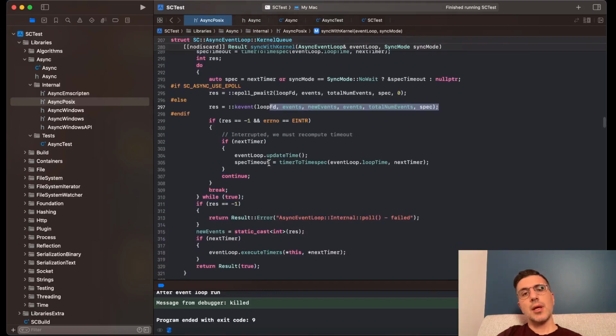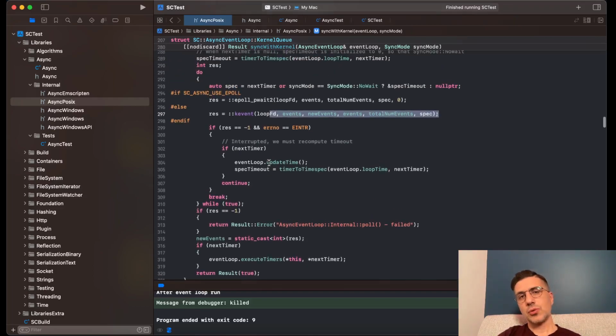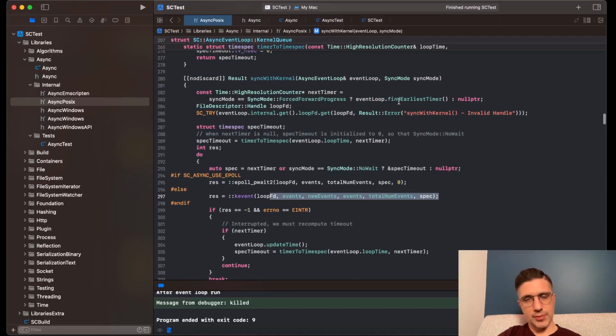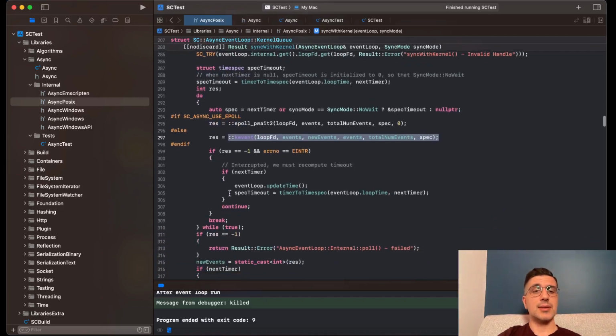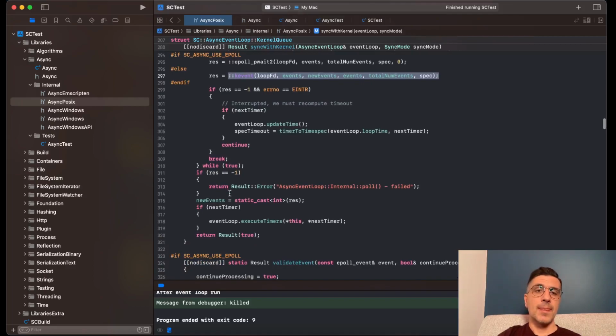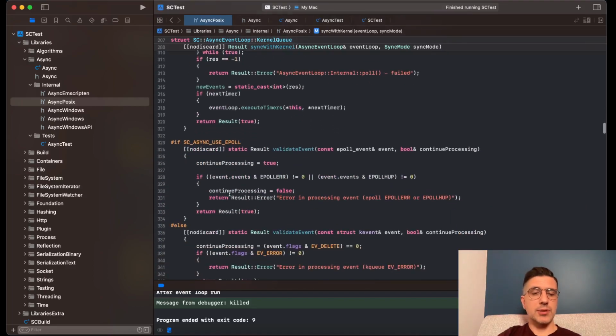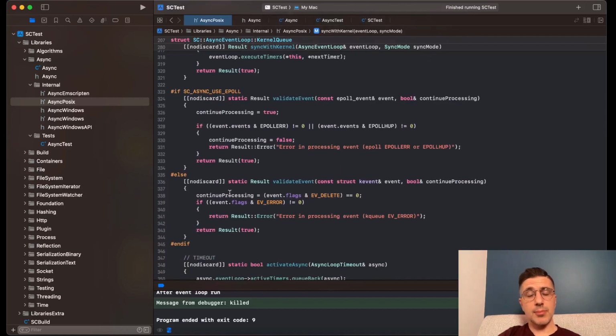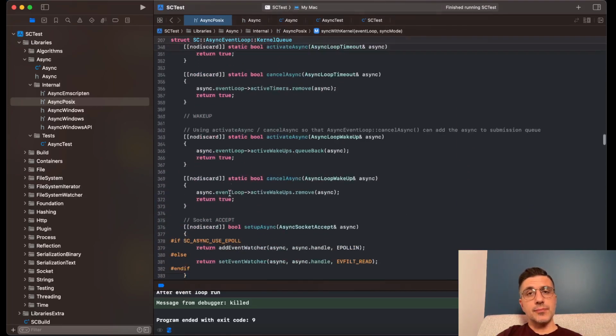I've seen it. There are timer specific objects, but when you start to have many timers, having all of them tracked as a kernel object is probably not going to be a good idea. So you always want to keep some sort of user space data structure, maybe an ordered set of timers, find the earliest timer and just either set the timeout to it or add that very single timer to the kernel object in order to be notified about its timeout. So